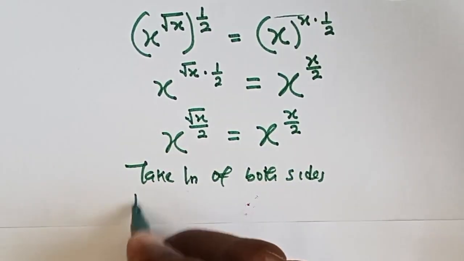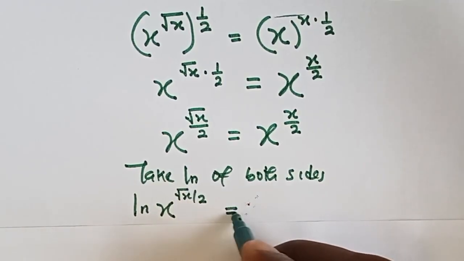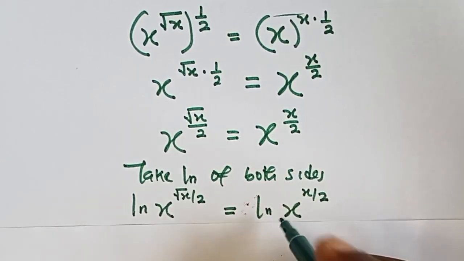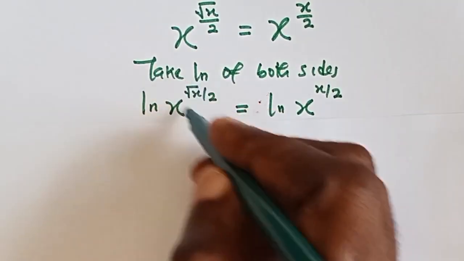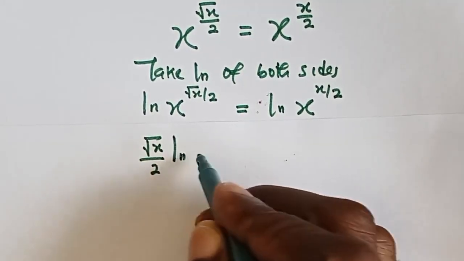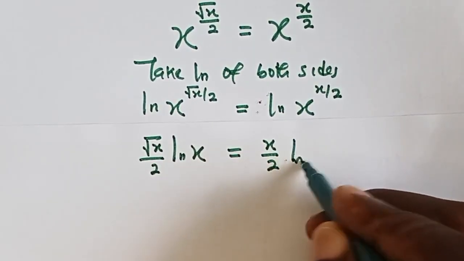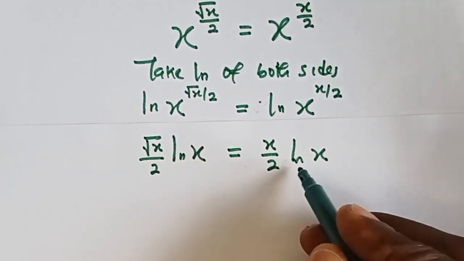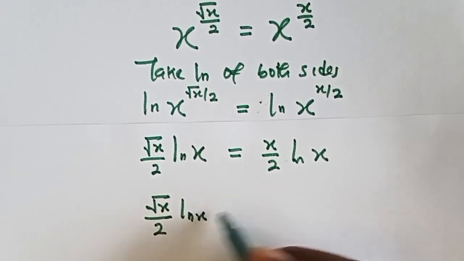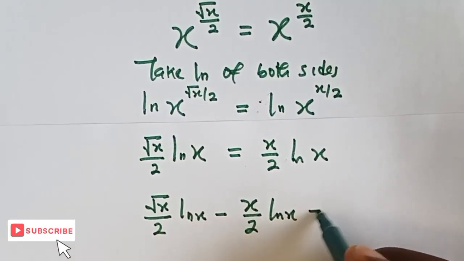Okay, so we have ln of x raised to the power root x over 2 equals to ln of x raised to the power x over 2. Okay, now we take this to the back, it becomes root x over 2 ln x equals to, this also comes to the back, we have x over 2 ln x. Okay, now let's bring them together. So we have root x over 2 ln x, bring this, we have x over 2 ln x, everything equals